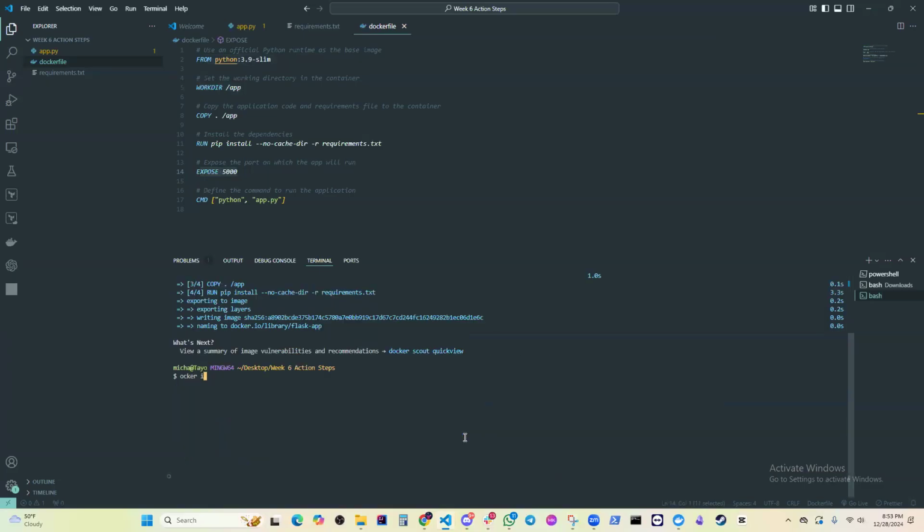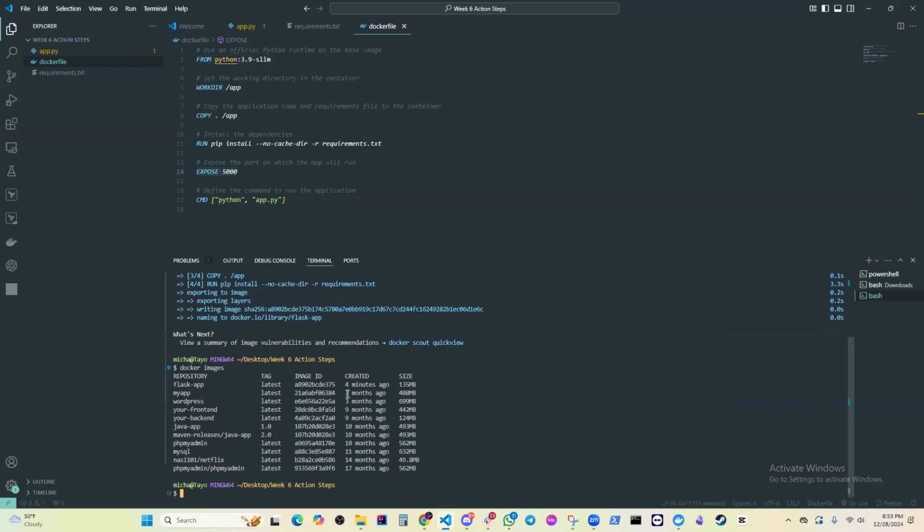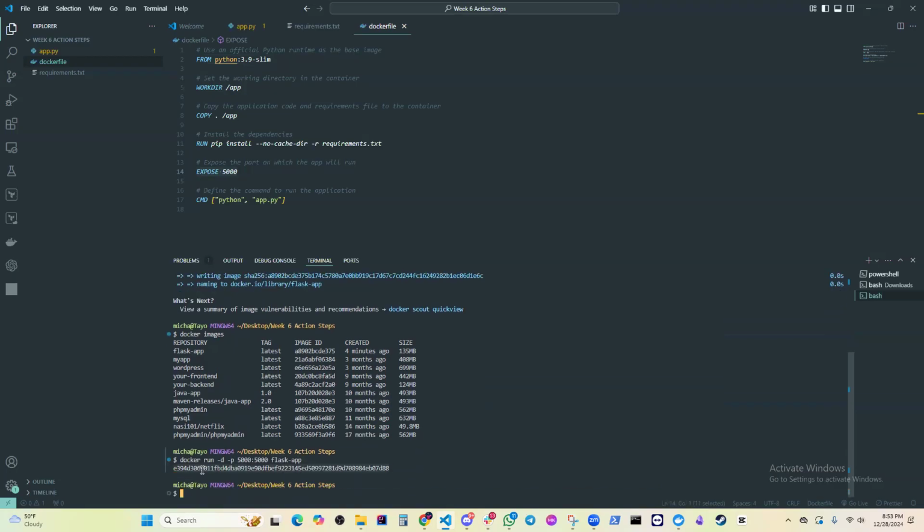So if I type in docker images, we can see 4 minutes ago we just created this Flask application. Now I'm going to run it. I'm going to type in docker run -d -p 5000. I'm getting this from ChatGPT, so don't worry too much about the flags. But now, boom, the Docker is running. So if I type in docker ps,